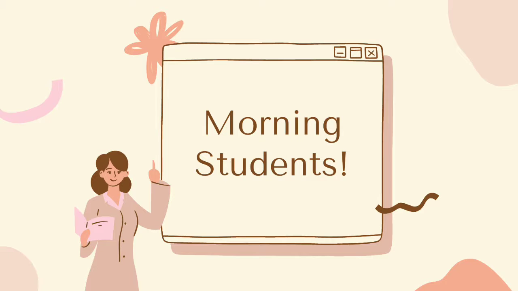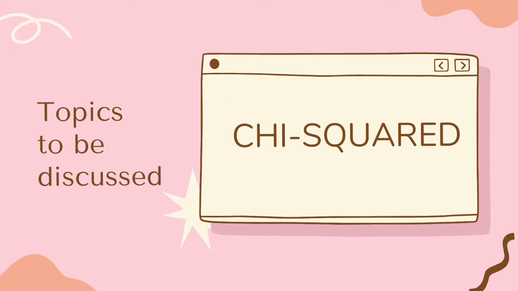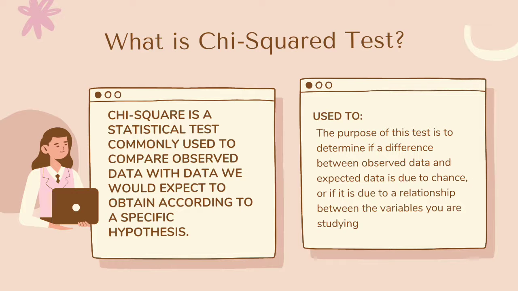So, morning students, we are going to discuss the chi-squared. So, what is a chi-squared test? Chi-square is a statistical test commonly used to compare observed data with data we would expect to obtain according to a specific hypothesis. It means that this is a test performed to check the viability of the hypothesis, up to what extent it can be true. So before conducting a chi-squared test, we need to formulate a hypothesis, which is the null hypothesis and